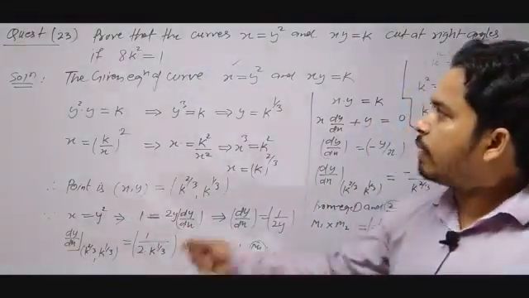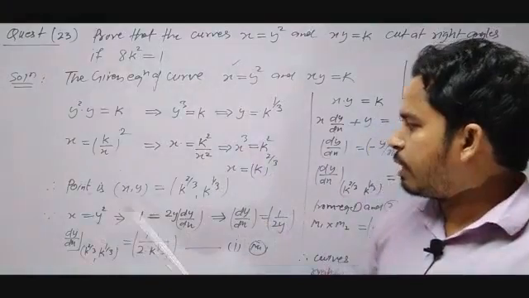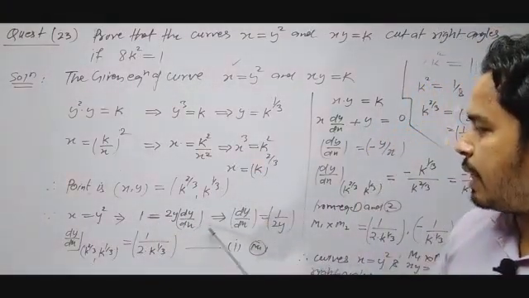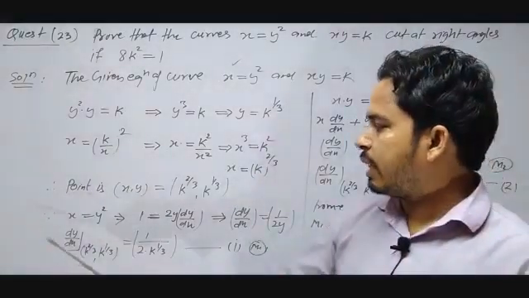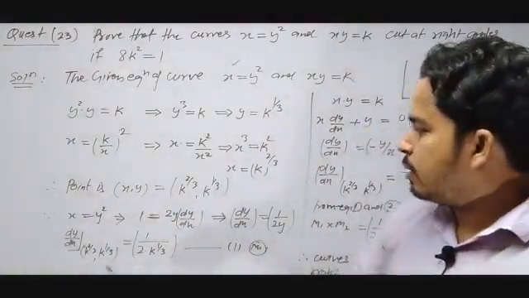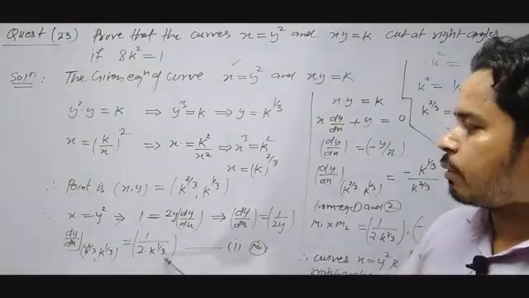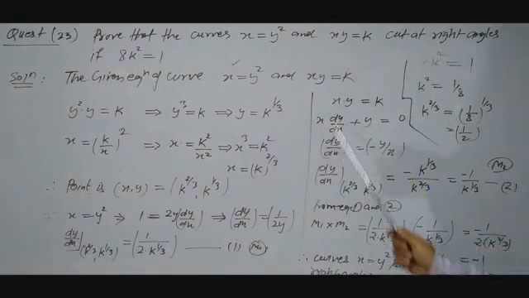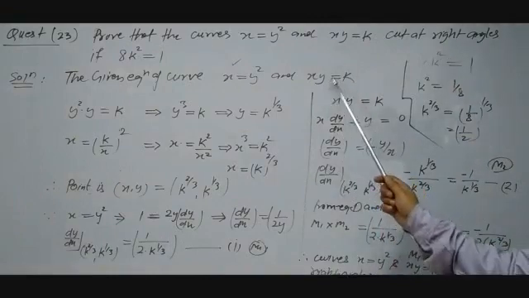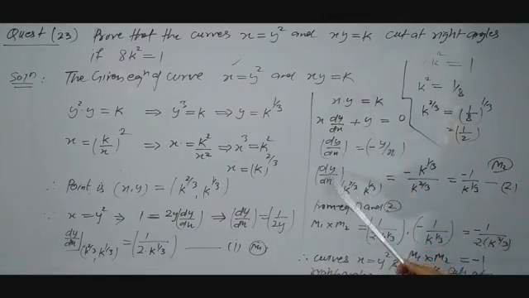So x is equal to y square, you know the equation. When you differentiate, 1 is equal to 2y dy by dx, and dy by dx is equal to 1 upon 2y, which means the slope of tangent to the curve at this point. The result will be 1 upon 2 times k to the power 1 by 3. Similarly, when you differentiate the function xy is equal to k, you get the slope of tangent, dy by dx at k to the power 2 by 3 and k to the power 1 by 3, and the result is minus 1 upon k to the power 1 by 3. This is the slope of tangents.